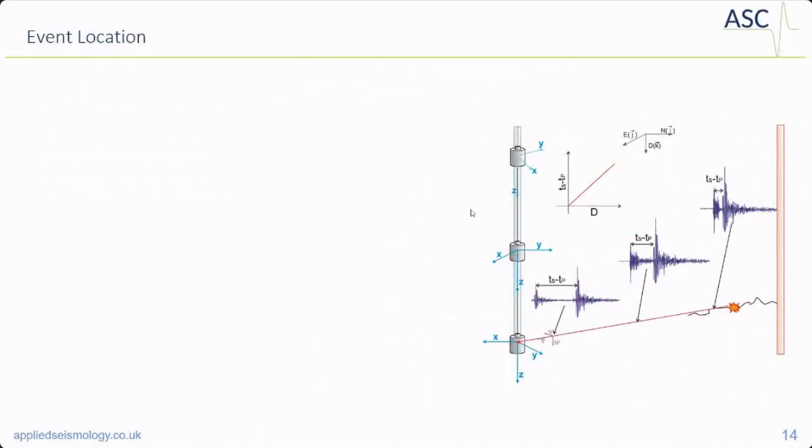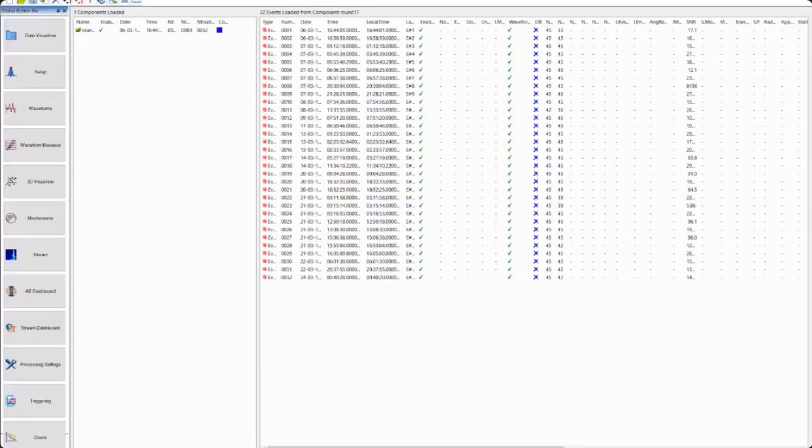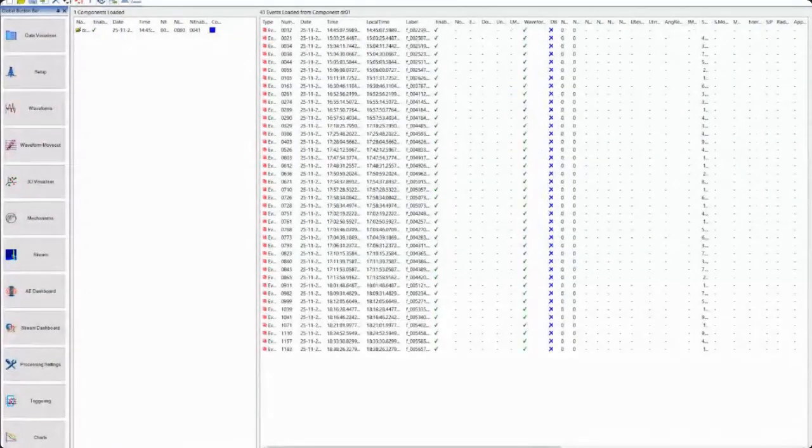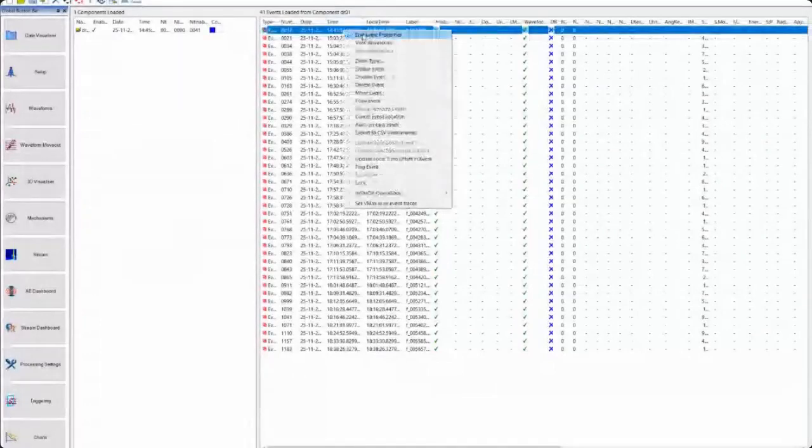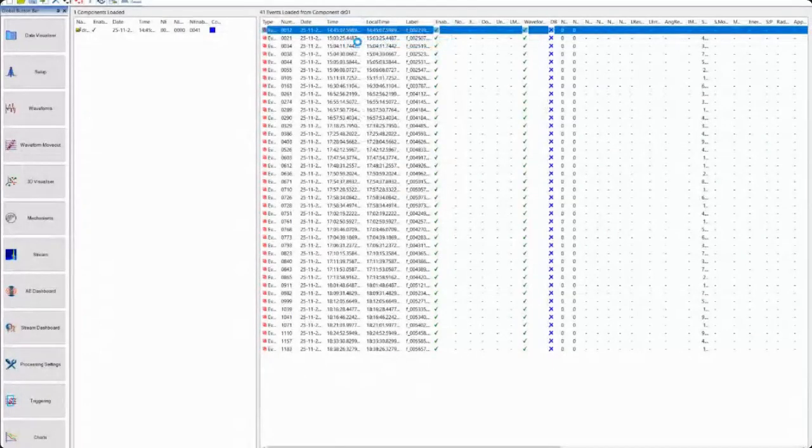And the next step, but before that, I'm going to show you the tools that we have in InSite for that. Let's have a look at that in InSite. Yeah. So we have here our traces. Have a look at waveforms. This is quite a